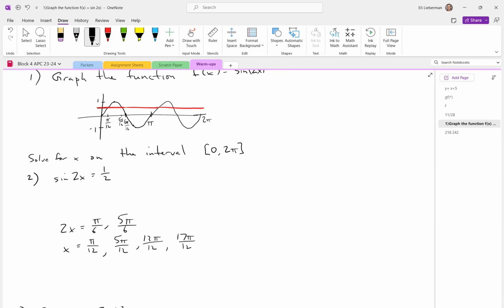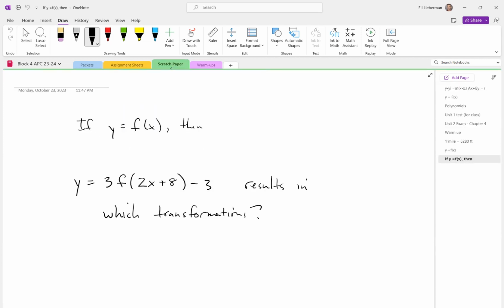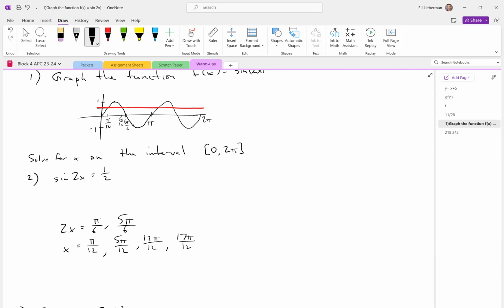So that's how to do this kind of analytically or conceptually. Like, you know, the idea that a sine wave is doubled in frequency, there's going to be more solutions in our same interval from 0 to 2 pi. Okay, another way to do this, and this is kind of more what Nola was talking about,